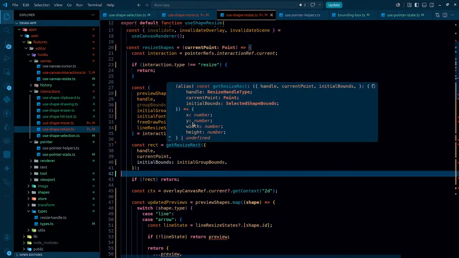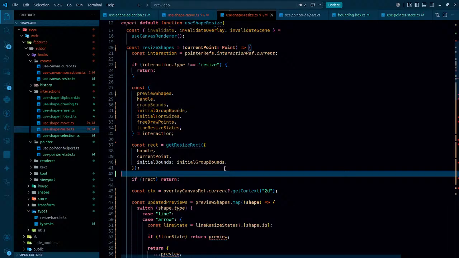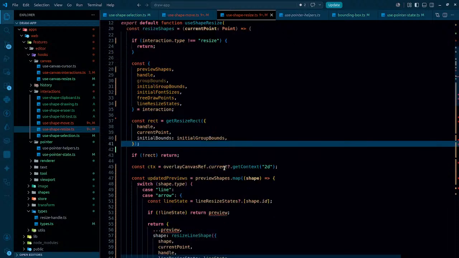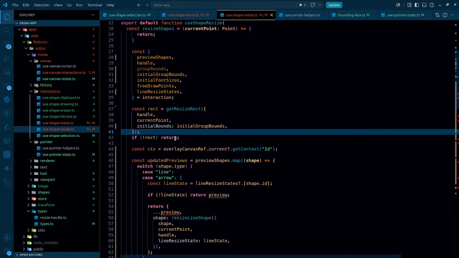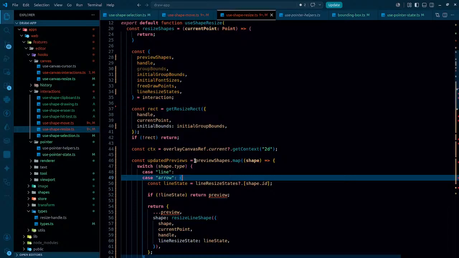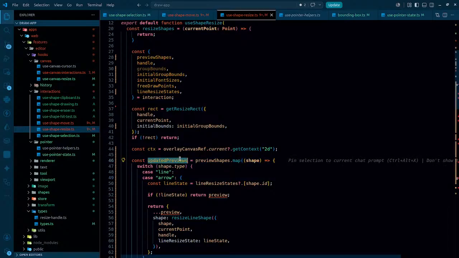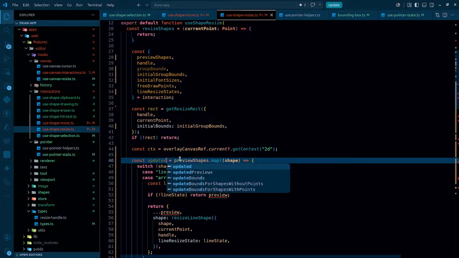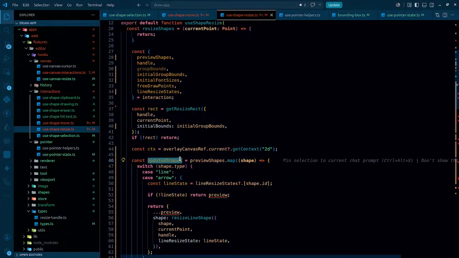It returns x, y, width and height. It is mainly for resize. Why are we using this rect here? We'll see exactly what's the use of it. We are returning it from here, and at the end of the day, this resize rect simply gives us the top level rectangle that we see. And then instead of updated previews, it's going to be updated shapes. Coming back to this,